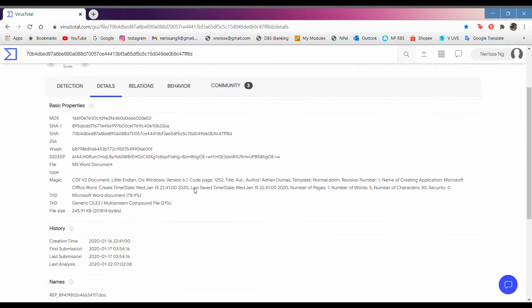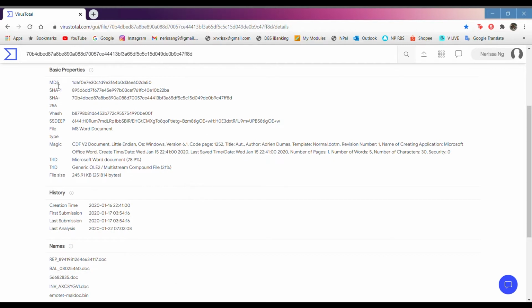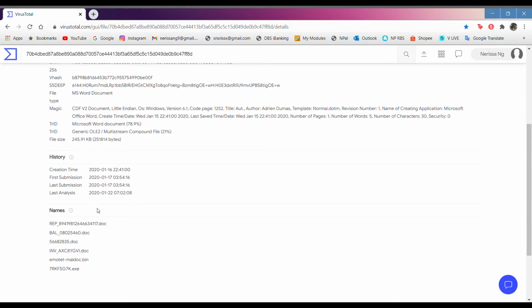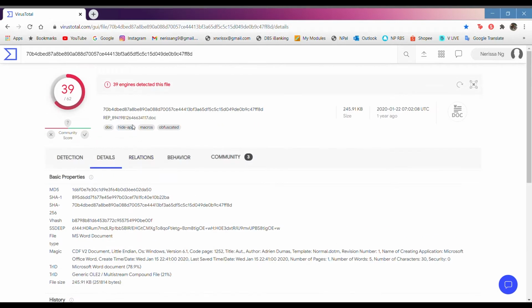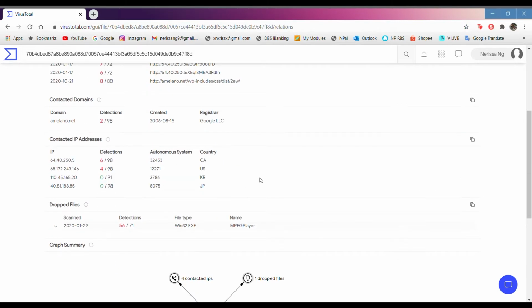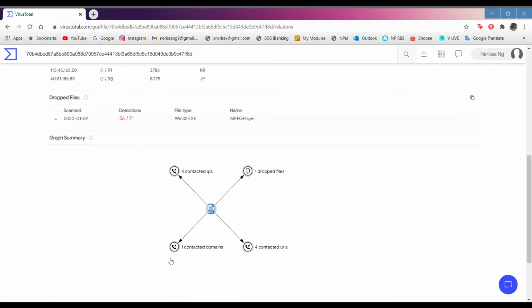Moving to the Details tab, we can see the basic properties like the hashes, the file type, and the size of the file. It also shows a list of names, which have the same signature after the hashes are compared. In the Relations tab, we can see that the document has some connections to a domain, URL, and IPs, and it has a dropped file, meaning that this document will try to make some connections to the internet to